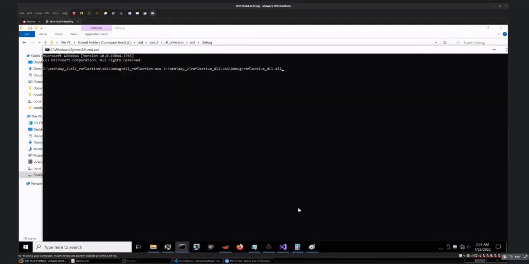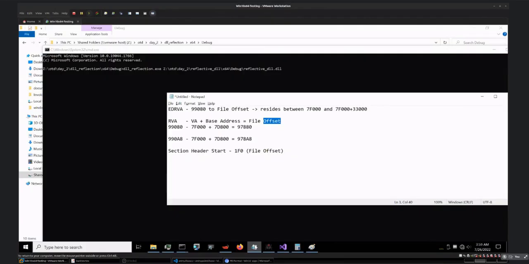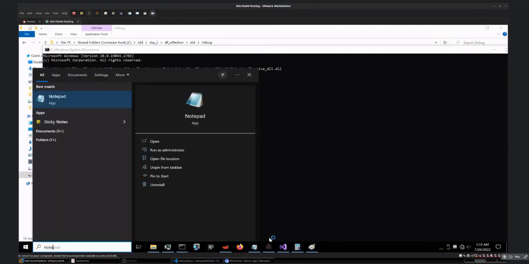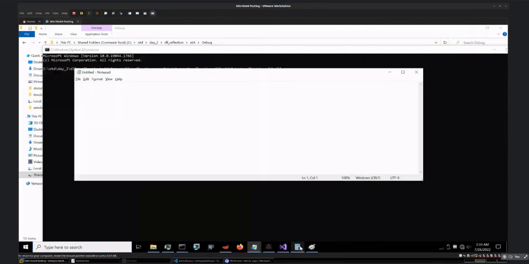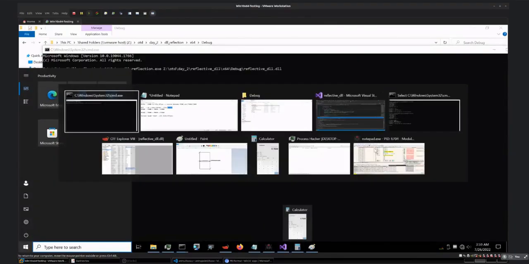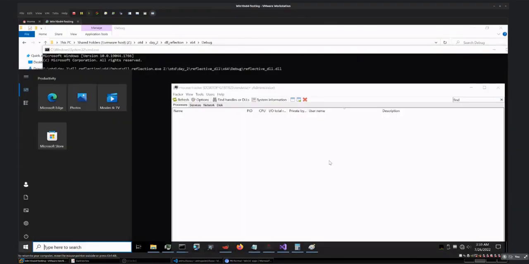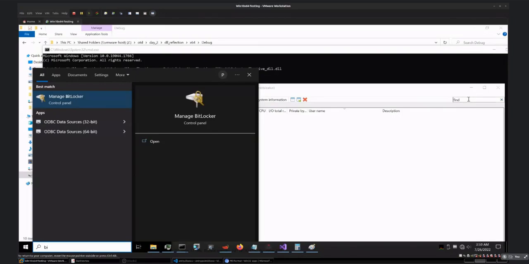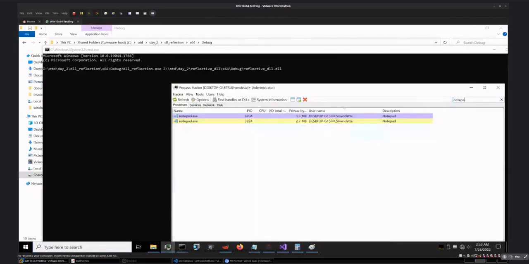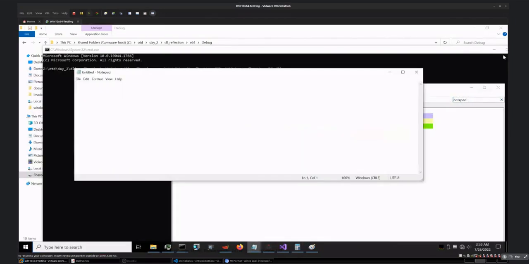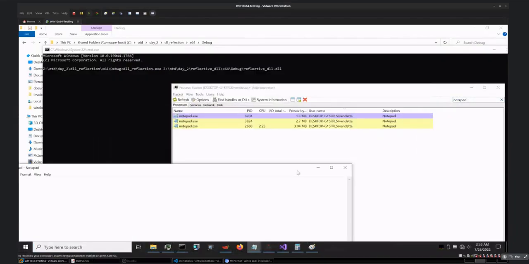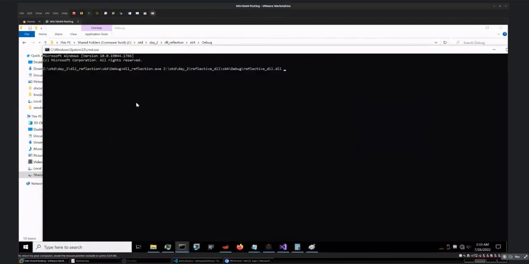This is the DLL that we want to target and the process. Let's create notepad, and actually I'll first start Process Hacker to see what is the PID of my notepad, because we already have a notepad up and running. This is the new one, that is 2688,